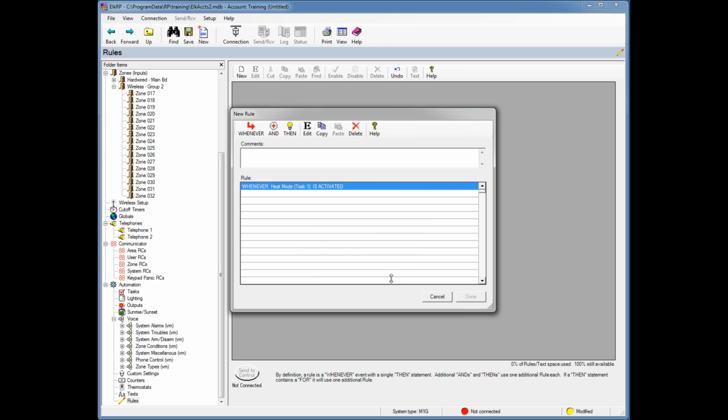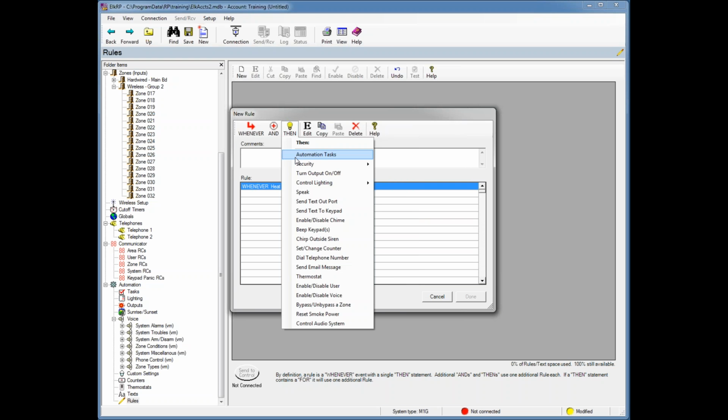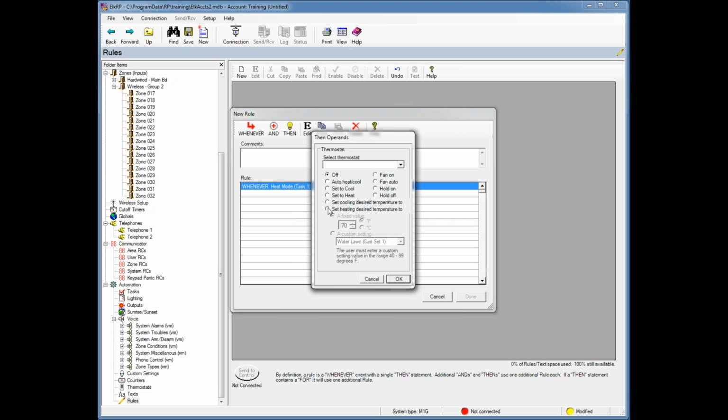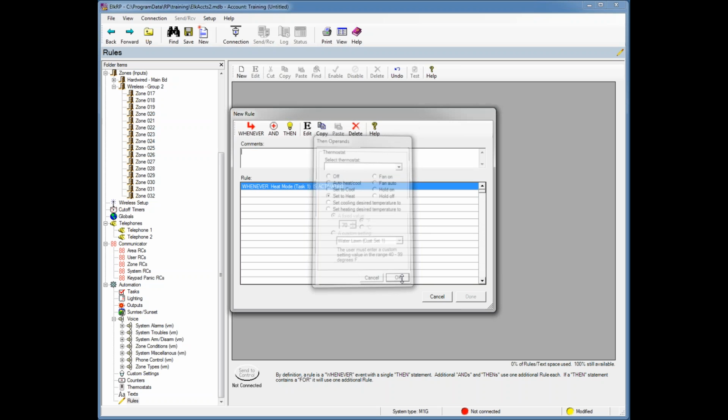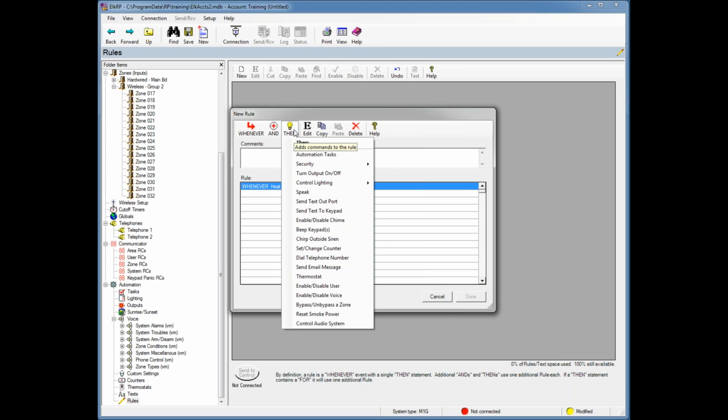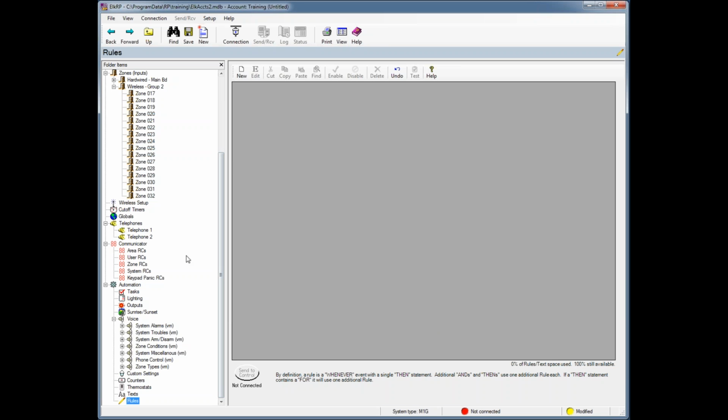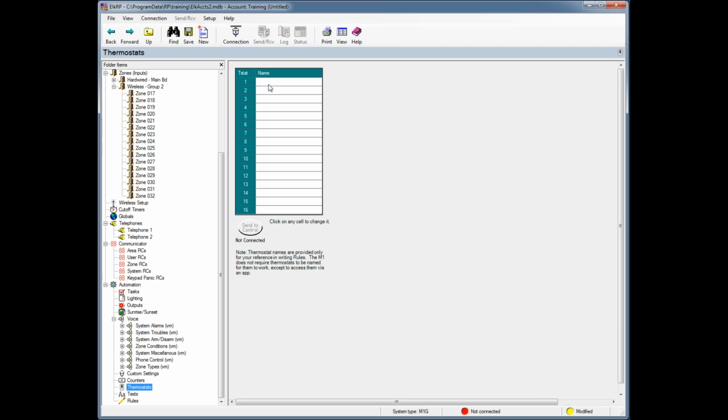So every time that task is called, it would, well, there we go, heat. I'm going to set it to heat. I think it has to be named or it won't keep it. I think you're right. I believe you are correct. So back under thermostats, we'll call this